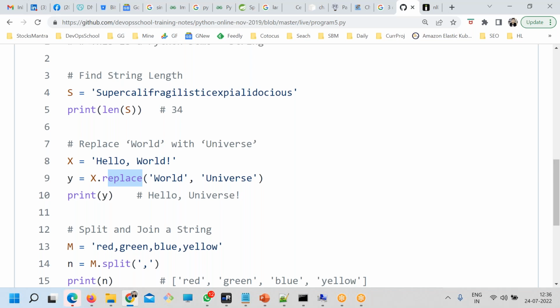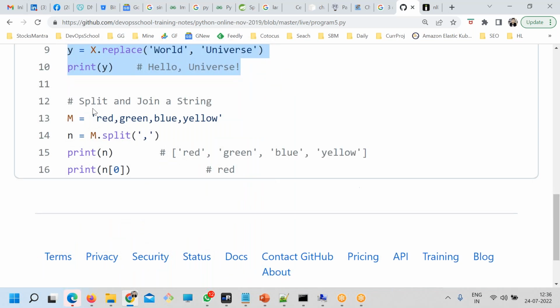You can develop your own functions also, which I'll teach you in some time. Here you print y. Hello world, world will be replaced with universe. It will print hello universe. So this is the way, if you have a string, you can change it. You can split and join strings also.